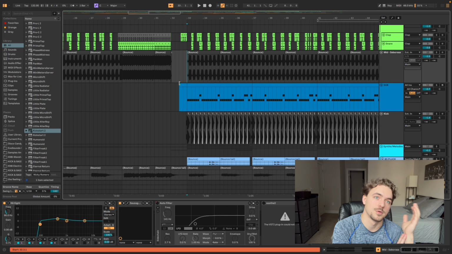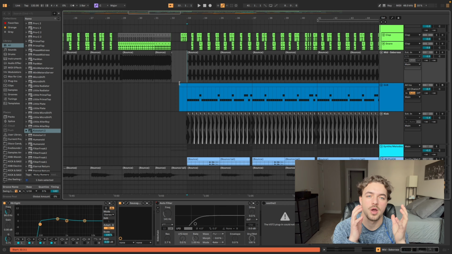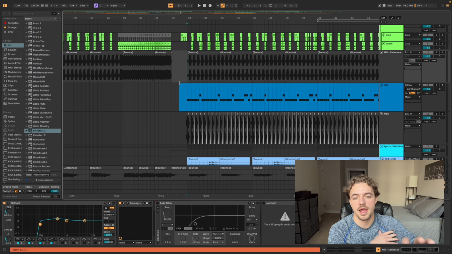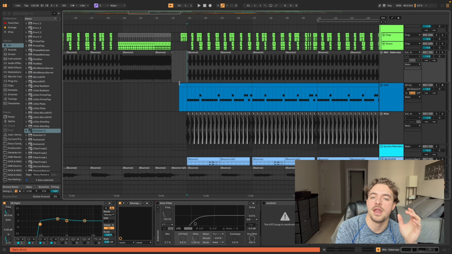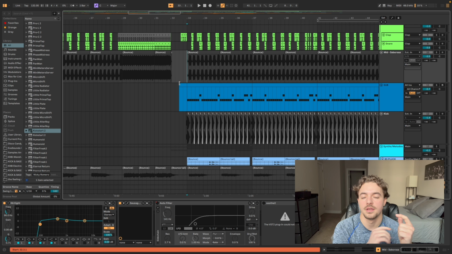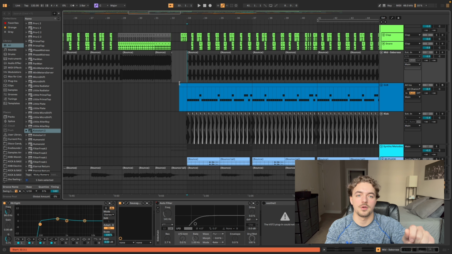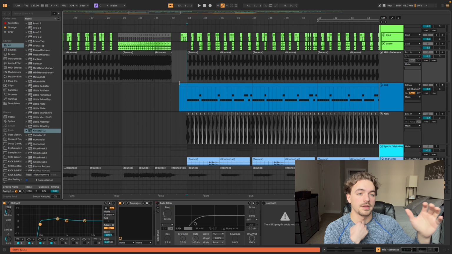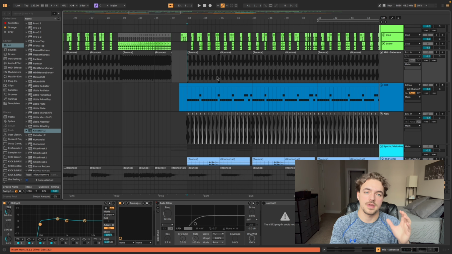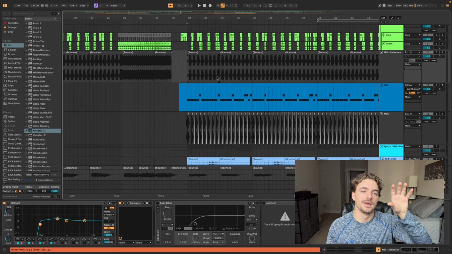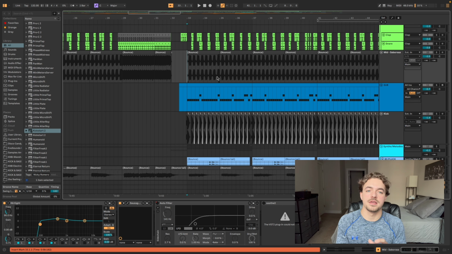If you want your synths and your vocals to be really prominent and the sticking out talking point of your track, you don't want to have a lot of movement in your percussion and your bass. A lot of times for the more houseier stuff, it's gonna be the opposite. Your drums and your bass line are gonna be the talking point of it. So you'll have a lot of groove and movement in your percussion, or maybe the bass is a lot more glidey, a lot more groovy. Your MIDI is gonna look a lot different for a really housey bass than it would for more modern tech house where it's focused on the synths and the drop elements, as opposed to a really groovy bass line and percussion.